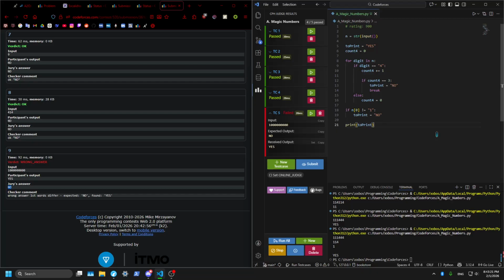Oh, we never checked for digits that aren't 1 or 4. So, okay, we need to do elif. So we check if digit is 4, if digit is 1. Then we do this, and then